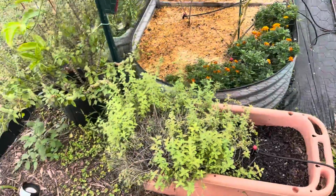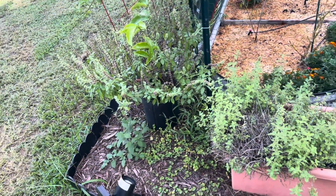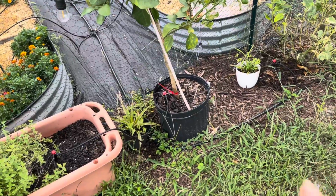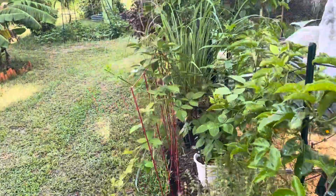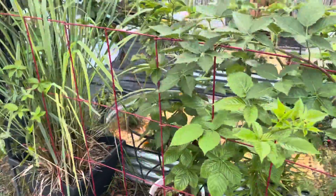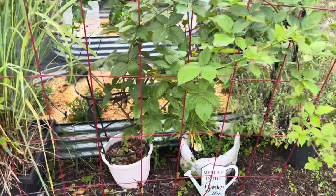I've got some oregano that's going on about 2 years old. I've got some lemon basil on the outside. I've got some pineapple tops down there. Those are the sugarloaf pineapples. This is my Primark blackberry. It's a beast. I just got it this year,